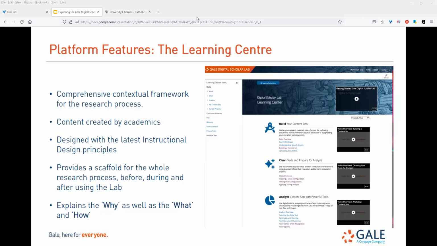So, the contextual framework is quite important. What is it you're doing and why is kind of important. A lot of the content in here is created by academics. We have, for example, Gale, who's been very good at collecting good quality digital collections. So we have the Oliveira Lima Library in our building here. It's a special collection, and it deals with Portuguese Brazilian material, 19th and early 20th century. So it's quite valuable. Apparently it's the largest collection outside of